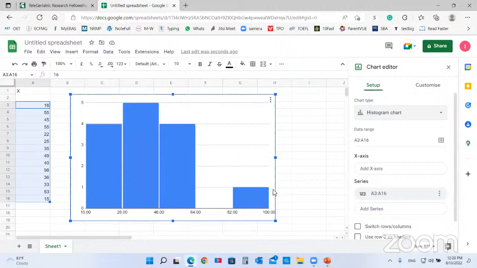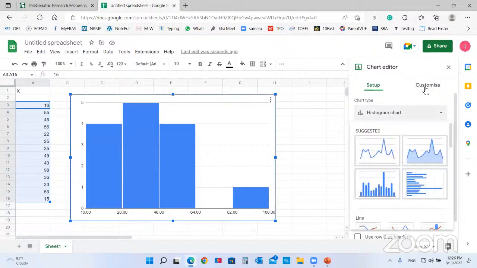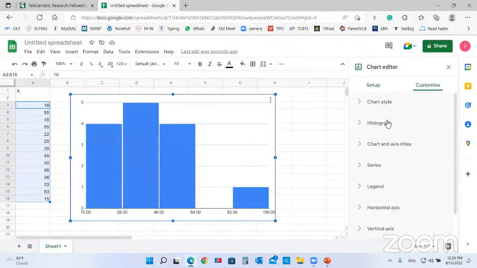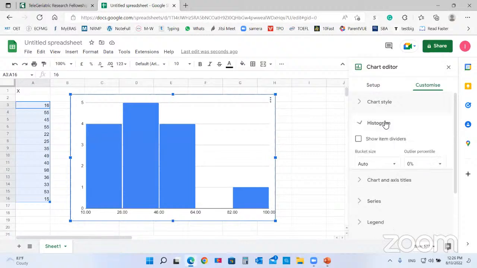And we could do some customization. We could change a little bit. So let's see here, for example, we could customize. And we could press here the histogram. Okay, this is bucket size, and what we mean by bucket size is the range of data. And we said that we want the width of data to be 20, right? So we could change that from 18 to 20. We just press 20, and see what's going on.